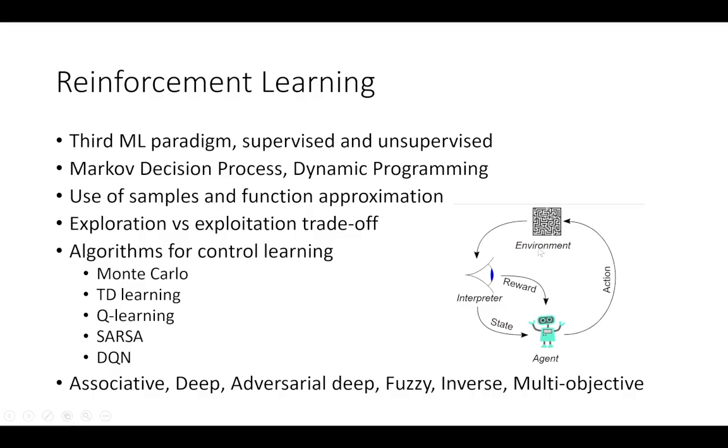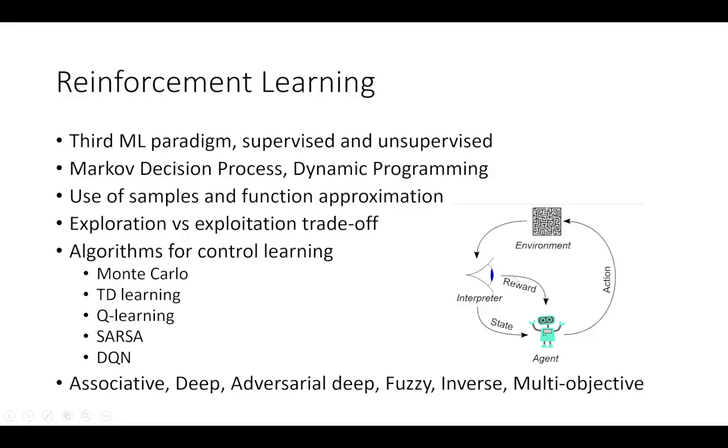The agent is observing the environment, and it gets a reward and it gets a state. Then the agent takes an action on the environment. Because of that action, the state changes, and the environment also